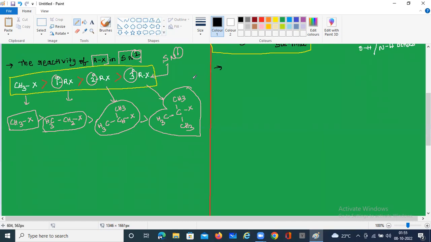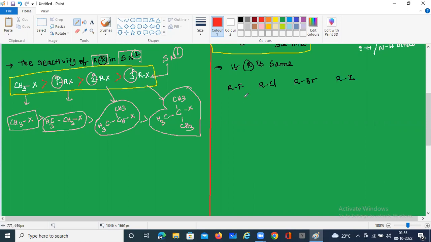Yeah, next one more example, beta. If the reactivity of alkyl halides is low, if R is the same, okay na, if R is the same, that means the alkyl group is the same. What differs? Obviously the halogen atom differs. Then what is the reactivity? Like see here, I can give RF, RCl, RBr, RI. So what is the order of the reactivity towards